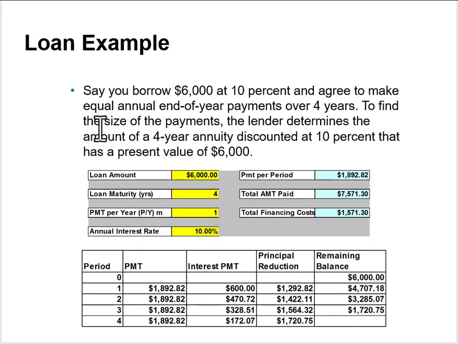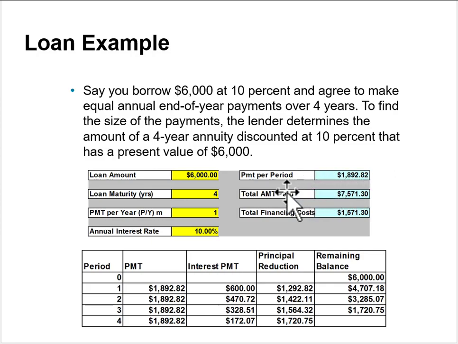So let's look at an example. You're going to borrow $6,000 at 10%. In this case, we're going to make one payment a year over 4 years. So what's the payment if the interest rate is 10%? There is a special worksheet, a loan amortization worksheet, where you put in the loan, how many years the loan is, and then how many payments per year there are. This is M. In this case, we're saying it's 1 with 10% interest. So the payment per period,